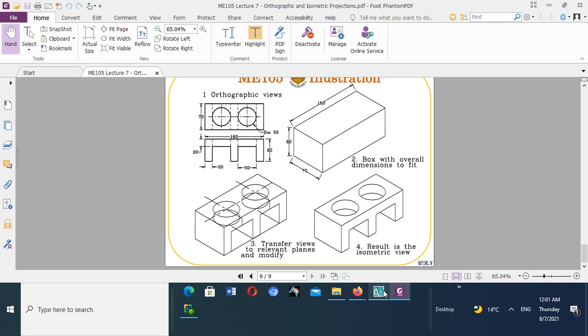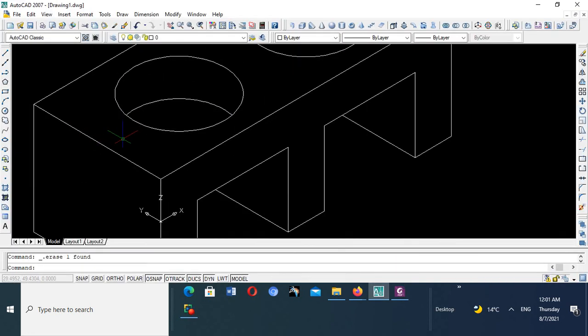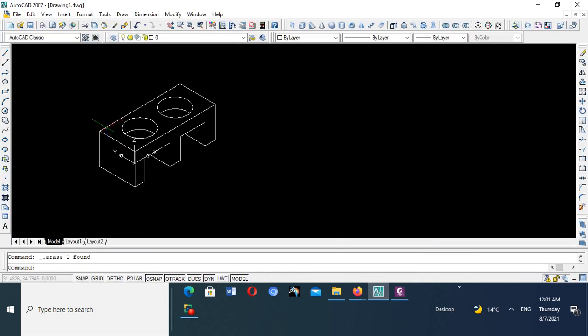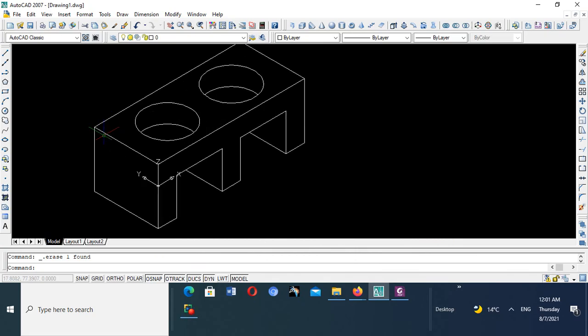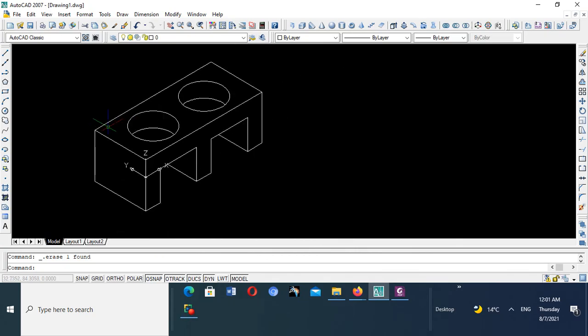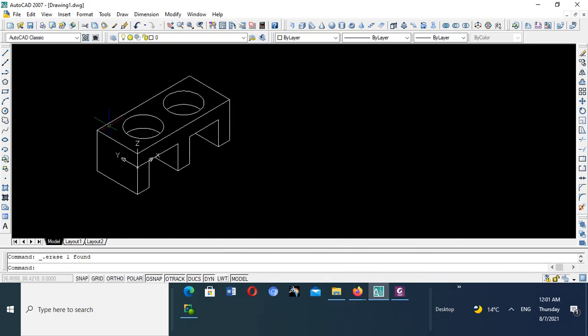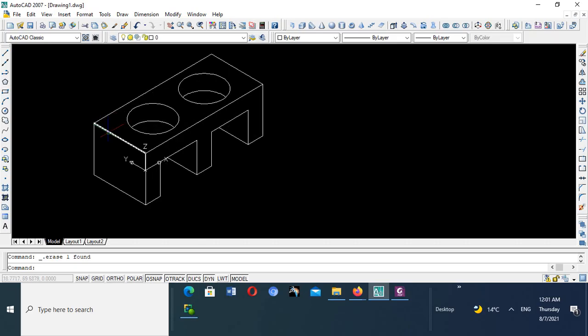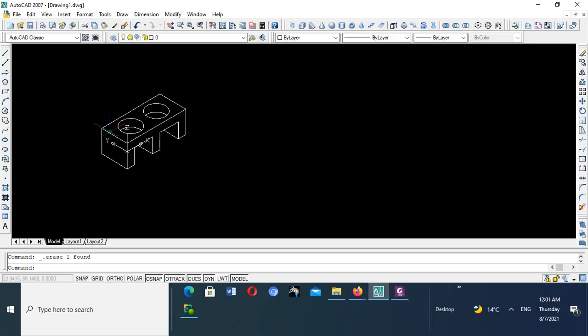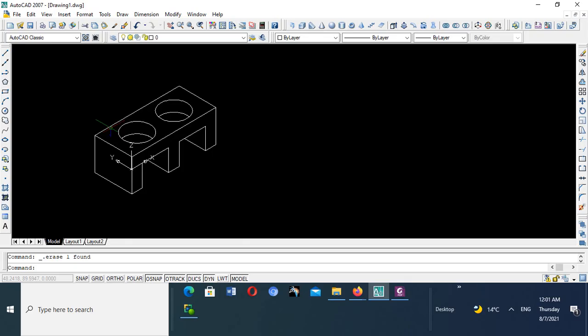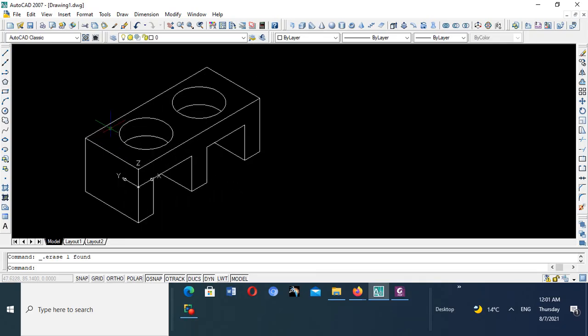So with that, you are now assured of being able to use the boxing method to draw an isometric view of a given